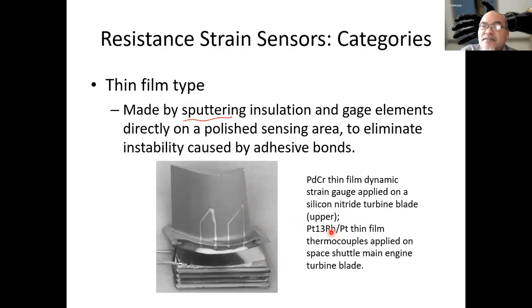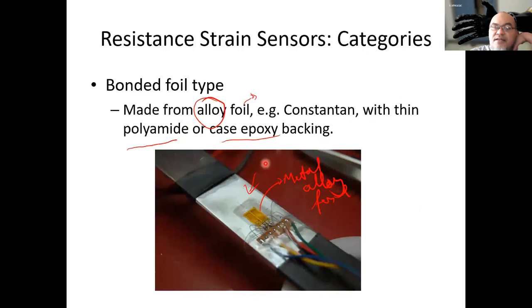It measures the temperature change from the resistance or voltage change. By sputtering the thin film of the metal alloy directly onto the sensing area, like the silicon nitride turbine blade, it will eliminate the instability caused by adhesive bonds. In the previous example, using polyimide,